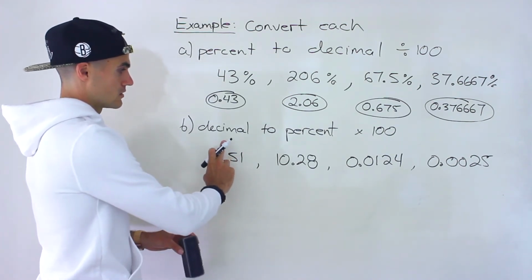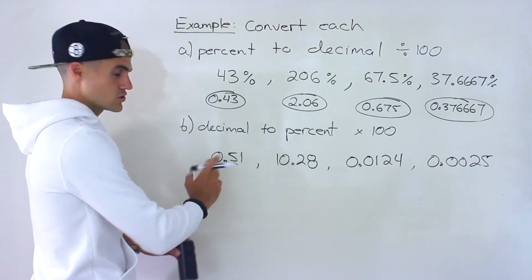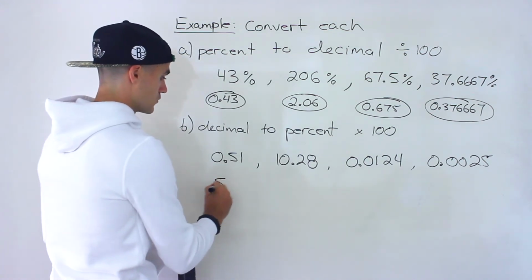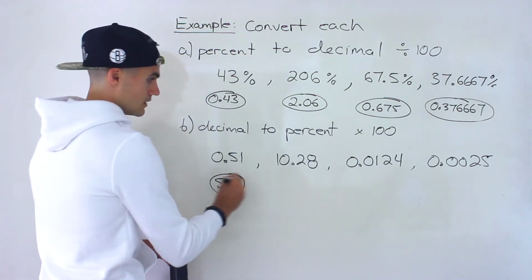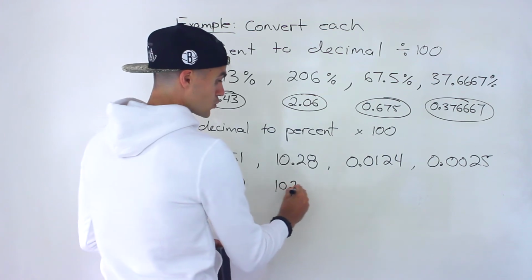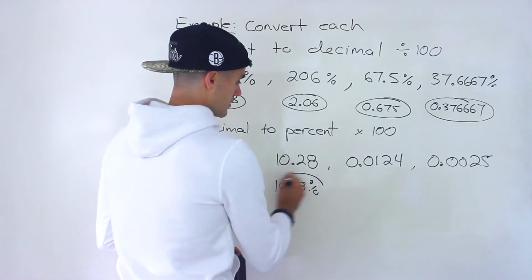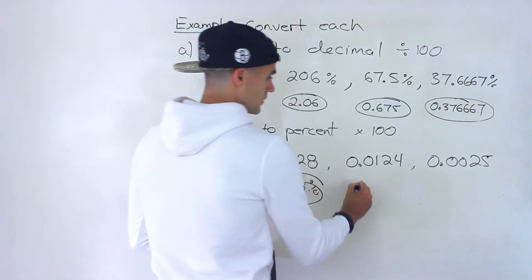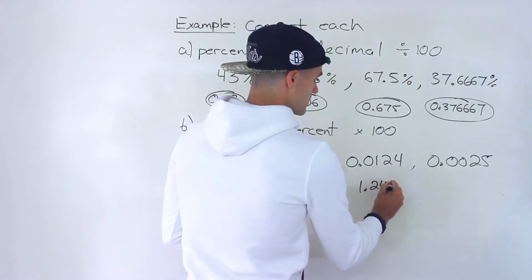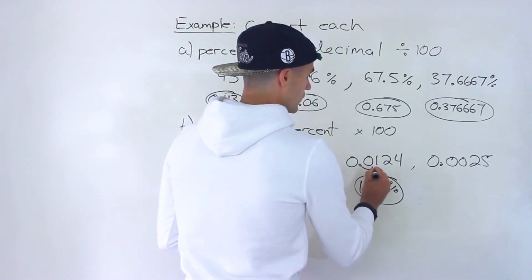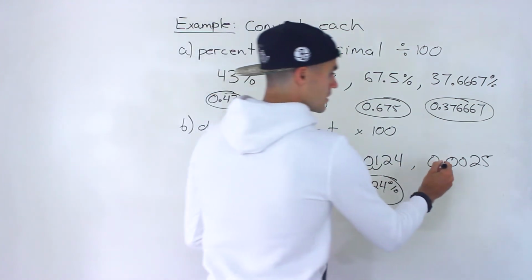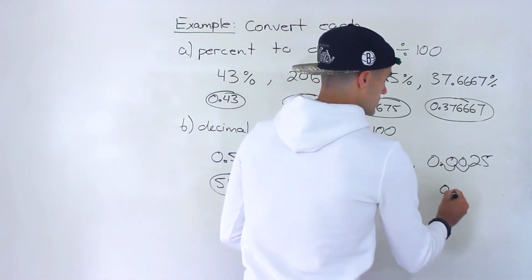And then over here, decimals to percents, just multiply these by 100. So this one would be 51%. This one here would be 1,028%. This one would be 1.24%. We're just basically taking this decimal and moving it over twice. 1, 2,